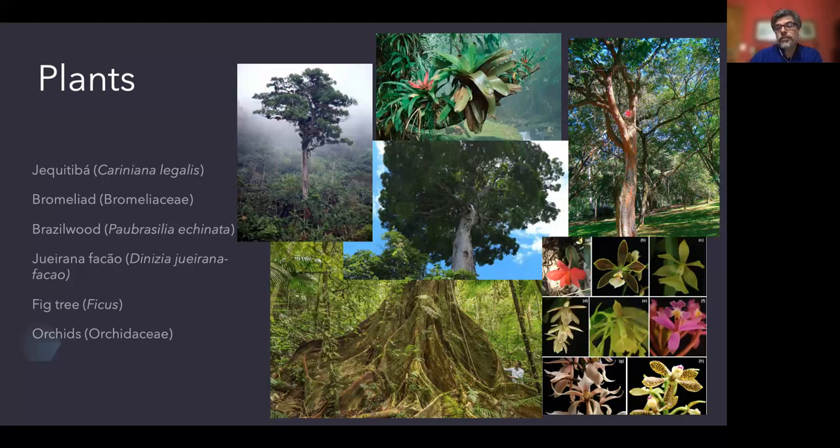Here you have one of the most famous trees, the Brazil wood, very endangered. You can see some red here. The Brazil wood is really red, and it gives the name to the country. So the name of Brazil comes from the Brazil wood, and the Brazil wood was one of the first timbers to be explored